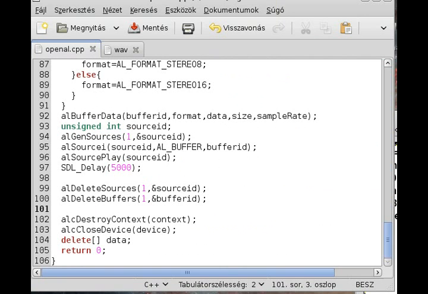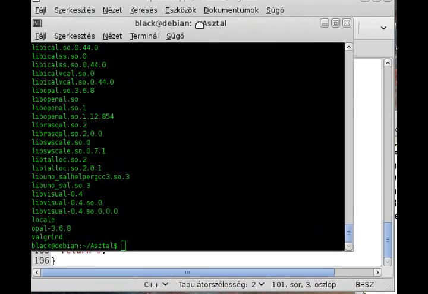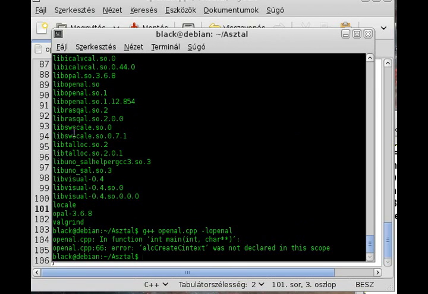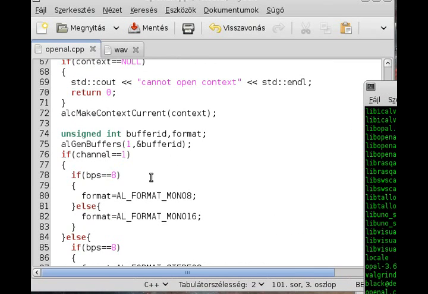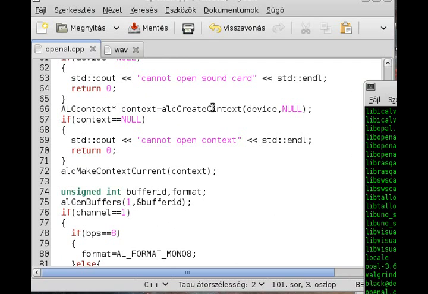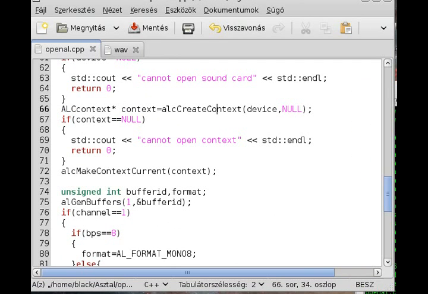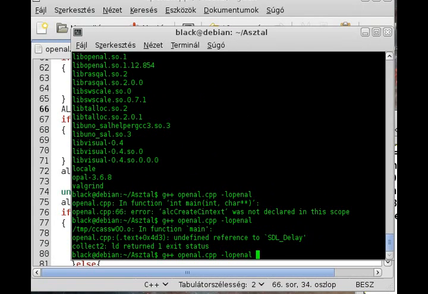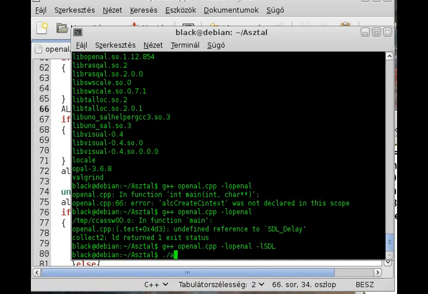I think everything is set correctly, although I can't guarantee that. So let me just try to compile it. As I said, we need the OpenAL flag right here. And one thing, alcCreateContext, not kintext. Okay, let me fix here alcCreateContext. Right, and we should use the -lSDL flag as well, just so we can use the delay. And if I run it,